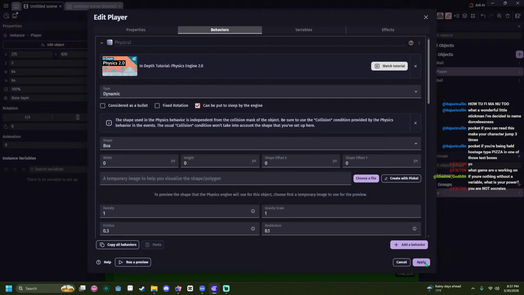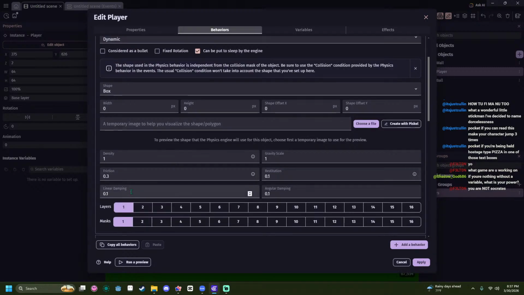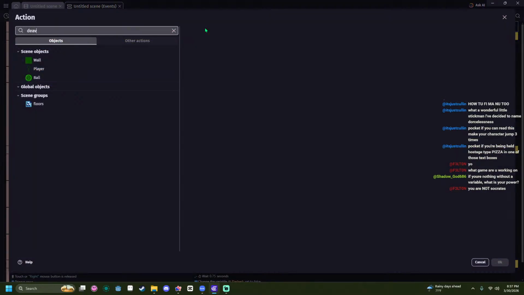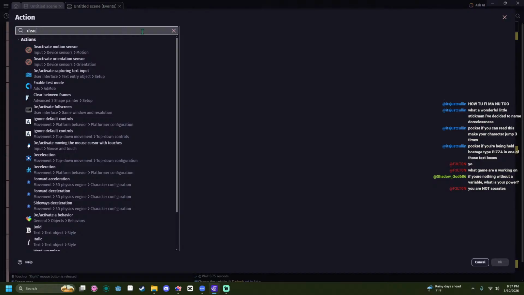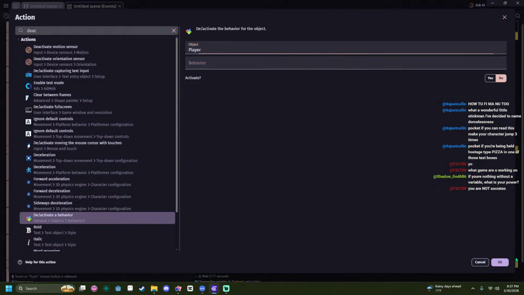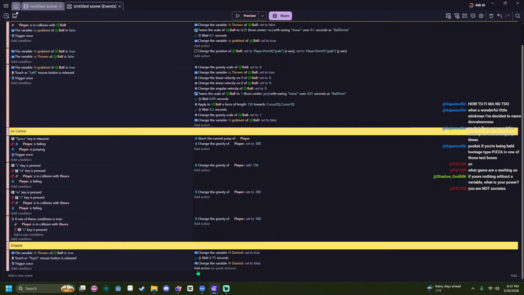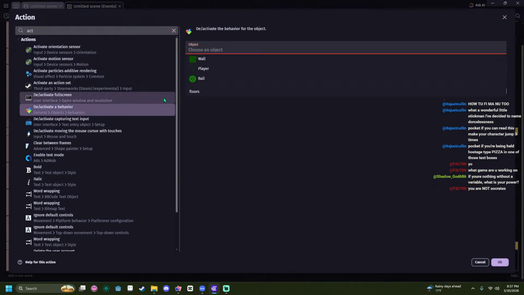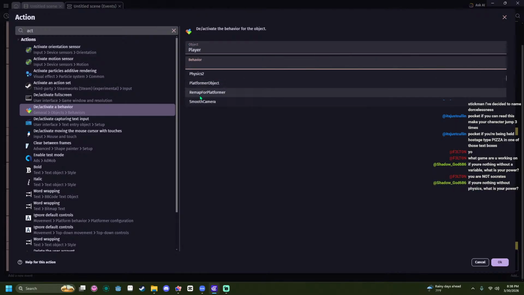So 2D physics engine, right? Linear dampening needs to be high as hell, so like 1.5. I know that.